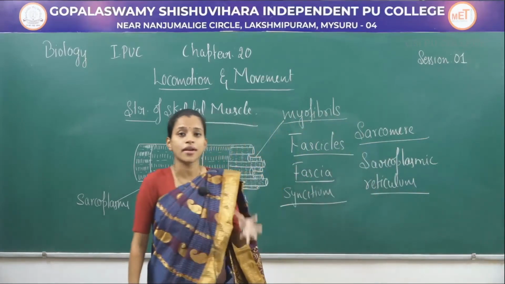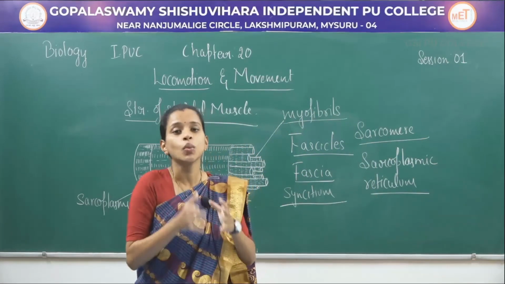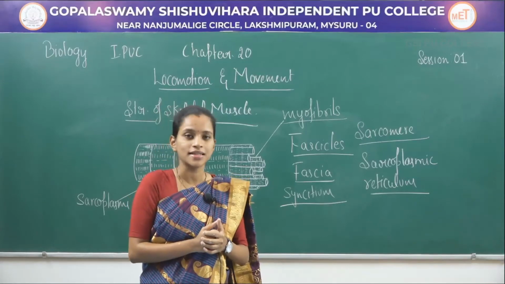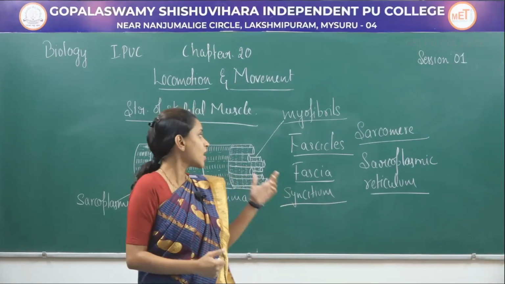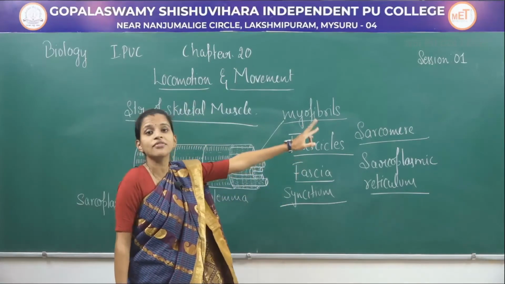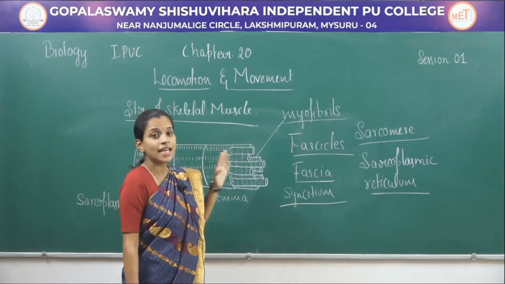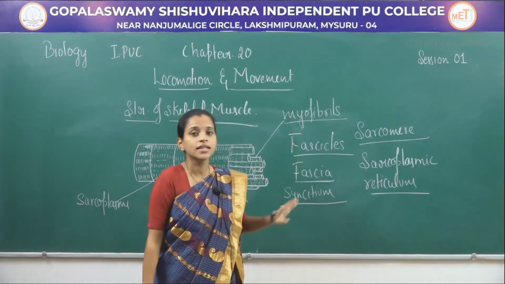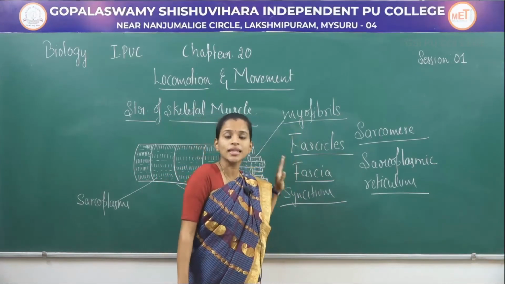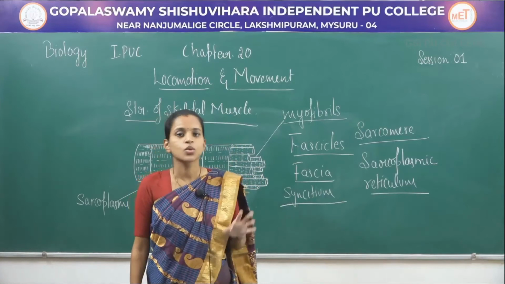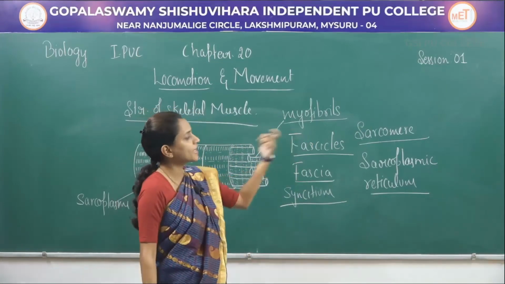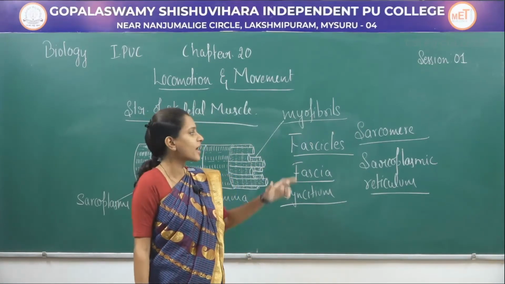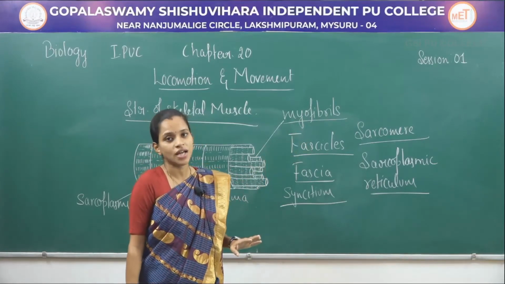This helps in contraction and relaxation with the help of contractile protein present in them. So, a sarcomere is the structural and functional unit of the skeletal muscles, present in the myofibrils. These myofibrils are present within the skeletal muscles. So, we will study the diagrammatic representation of sarcomere and come to know about the parts of sarcomere.